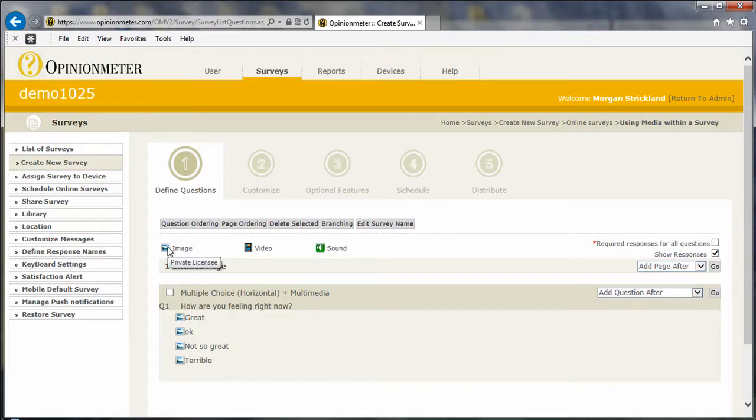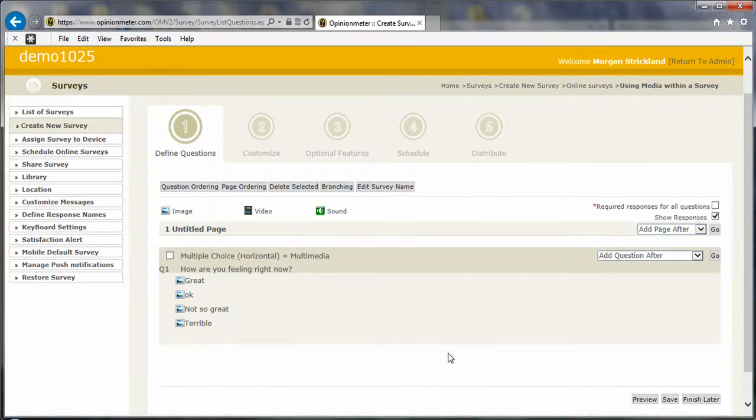And that's what you can see up here, the different types, or icons associated with different types of media. So we've created a single question survey here, and before we proceed through the other steps of the Create Survey Wizard,